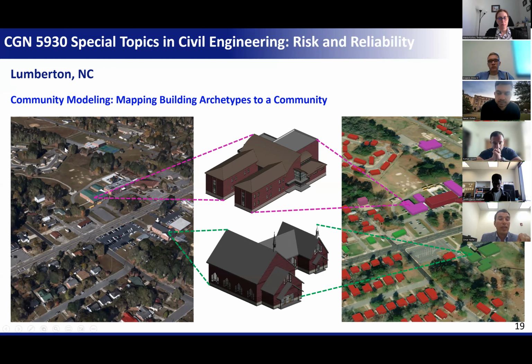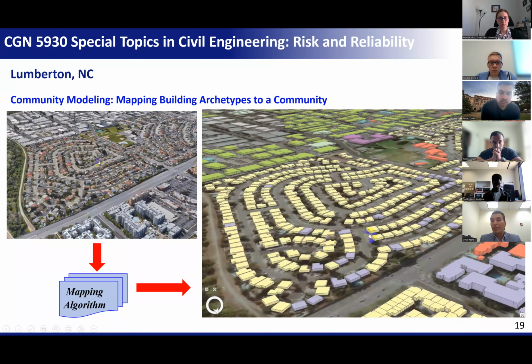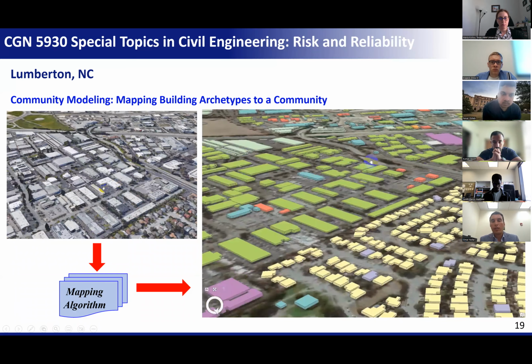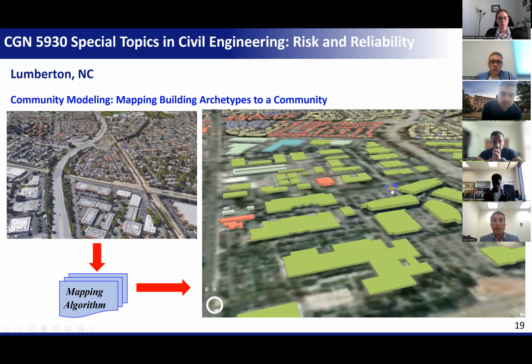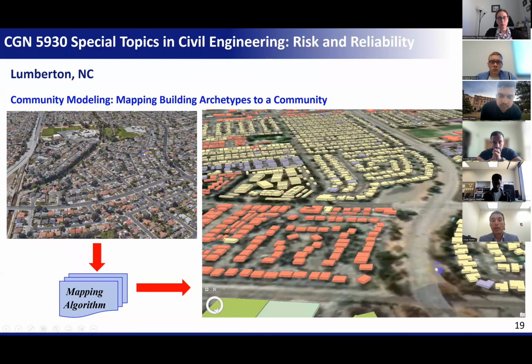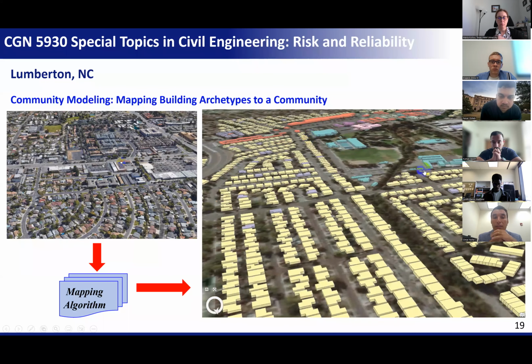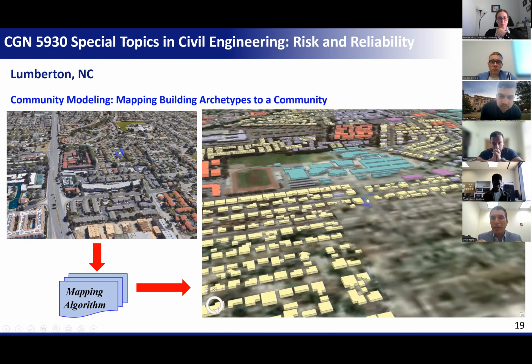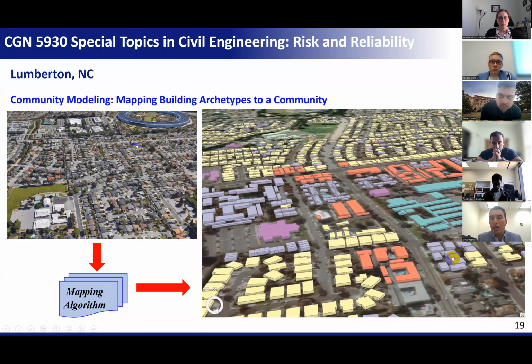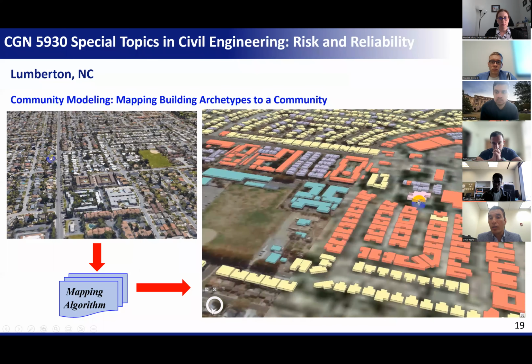On the left side we have the real community, and on the right side we have the mapped community. After that, we applied this approach for many communities: Santa Clara County, California; Lumberton, North Carolina; Waveland, Mississippi; many states around the US. Here it shows what the mapping looks like, with all of the buildings color coded based